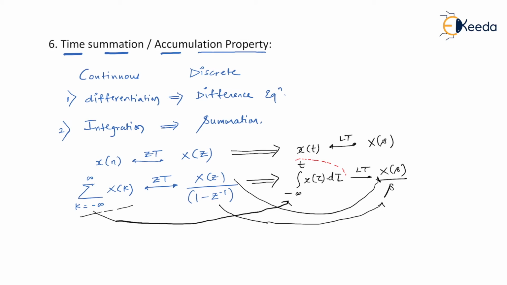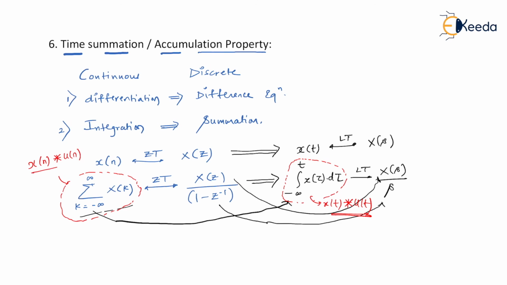You know that integrating x of t is as good as convolving your x of t with u of t. It is one and the same thing that we have already learned in the case of Laplace, so I'm not going into detail with that. Similarly, let's say you had signal x of n, but here you are not using x of n. You are operating with the summation symbol. It is as good as having integration in continuous domain. Then this is obtained after x of n is convolved with u of n.